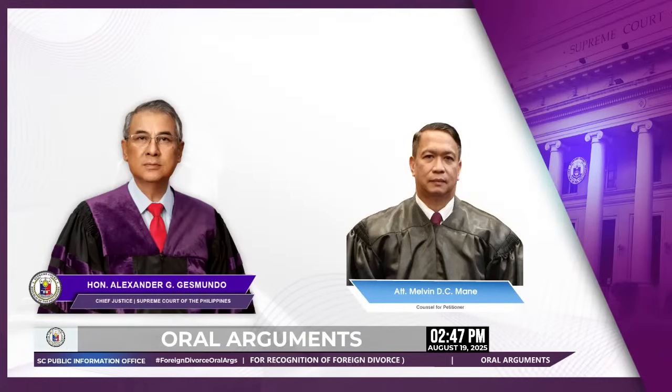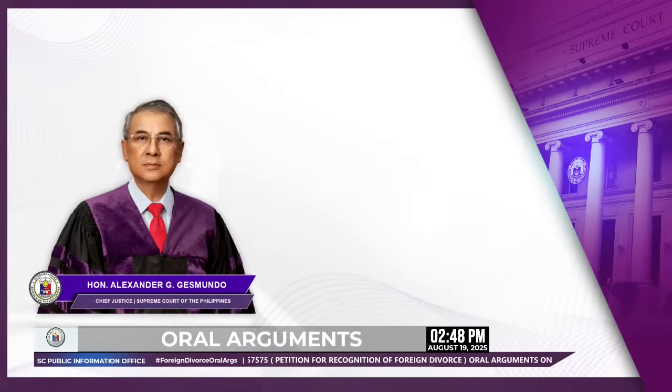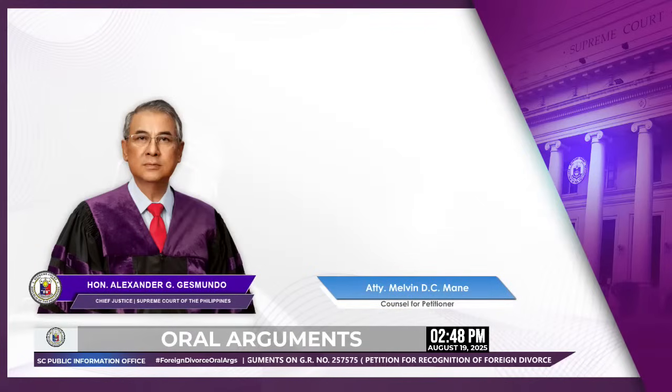This sequence of events introduces a nuanced and more complex scenario that requires a thoughtful and purposive application of the law. Article 26, paragraph 2 of the Family Code was intended to protect a Filipino spouse left bound by Philippine law after a foreign divorce in a mixed marriage. Some argue that it does not apply when the marriage began between two Filipinos or when the Filipino spouse obtained the divorce. However, recent jurisprudence has moved toward a broader, more equitable interpretation that better reflects the evolving realities of